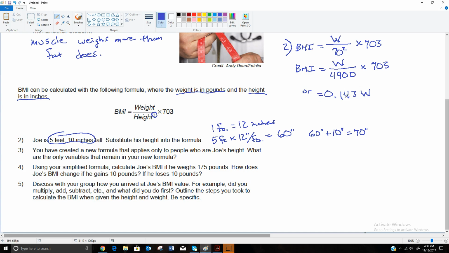I prefer to leave it like this and just divide and multiply rather than switching this to one number. But if you see that somewhere in the homework, or they ask you to do it in the homework, you'll know what they mean. So to get that, they just took 703 and divided it by 4,900 because this is on the bottom and it's a division. So that number could be placed in front. But I think that's a little confusing for some folks, and I don't feel like it's that much more helpful than just doing these two quick calculations. So the variables that remain are weight and BMI.